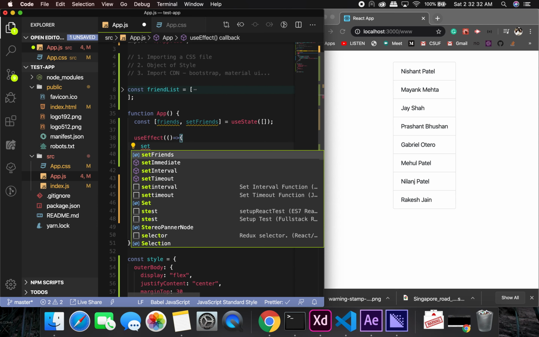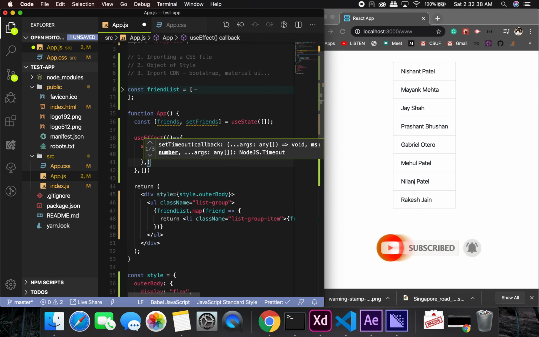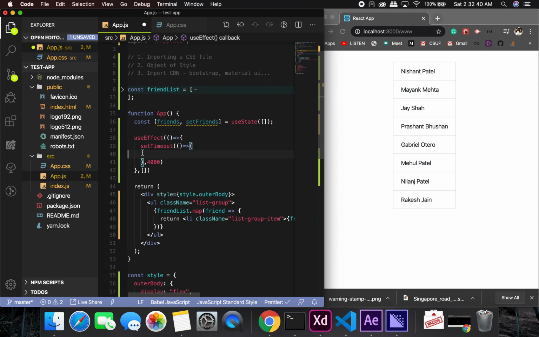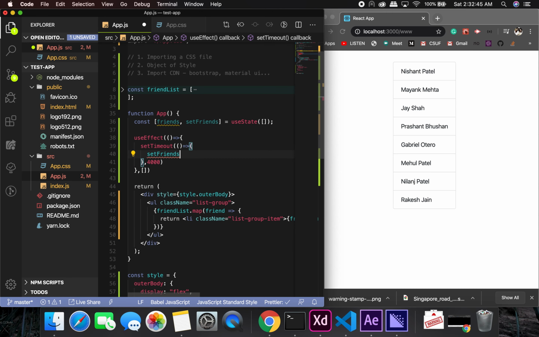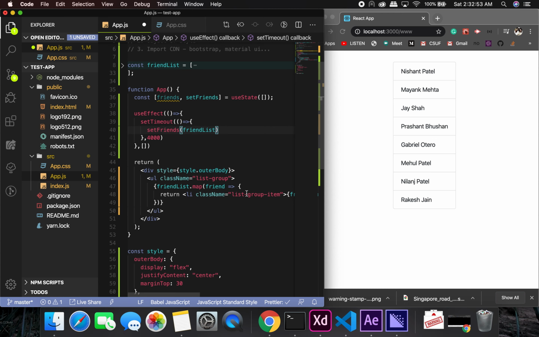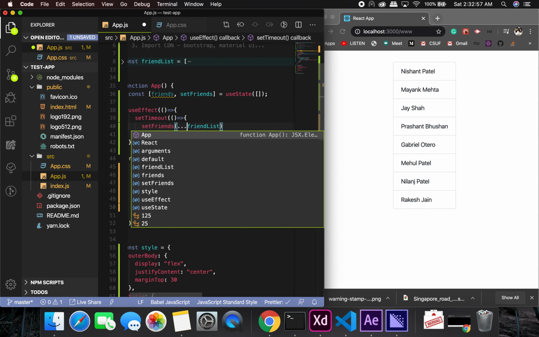So setTimeout. This setTimeout is something which will replicate the time it takes to fetch the data. Okay, so set friends to friend list. Okay, and it's supposed to be